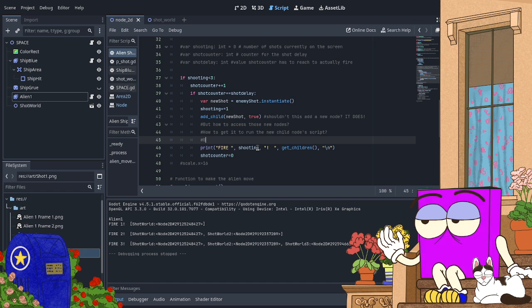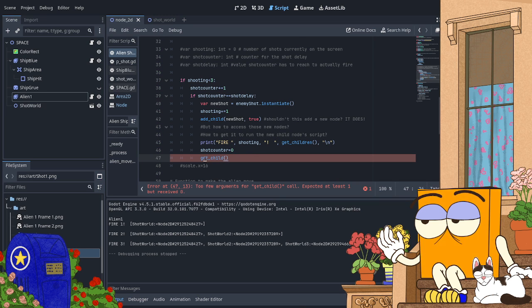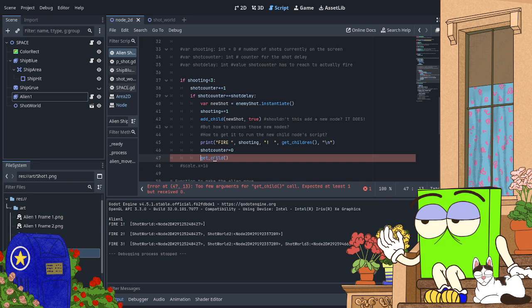So first thing, I was playing with this here get child command, or function technically, trying to see how it worked. I put it here by itself so I could hover over it and see what the parameters were.